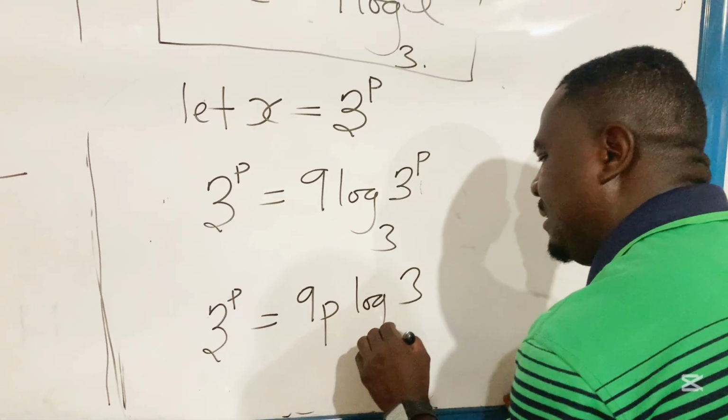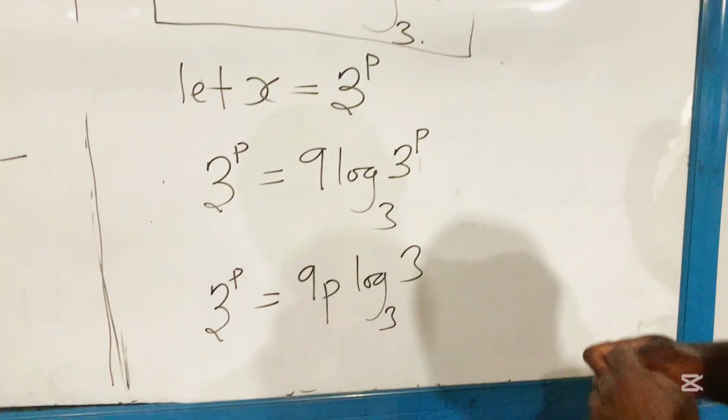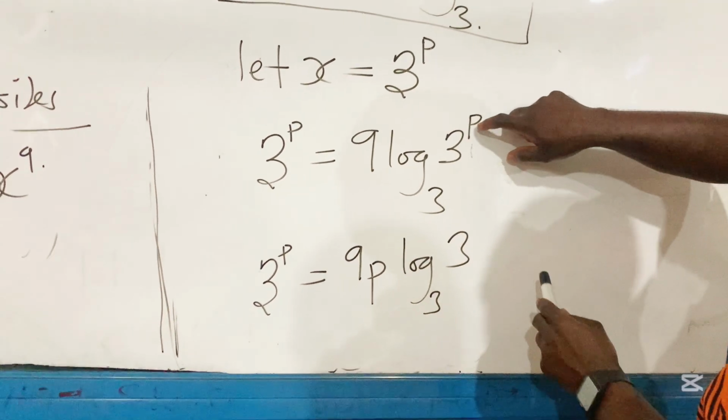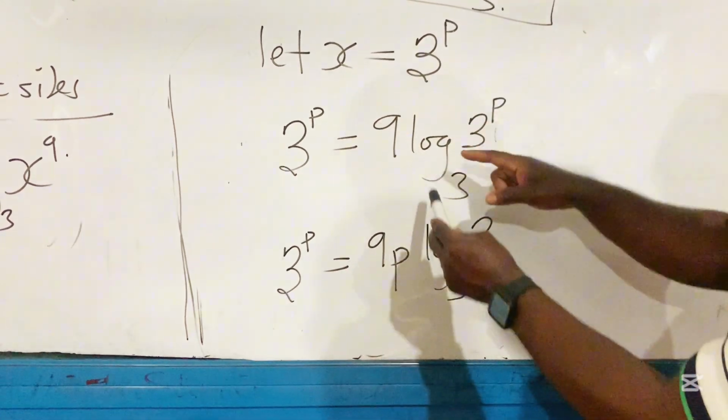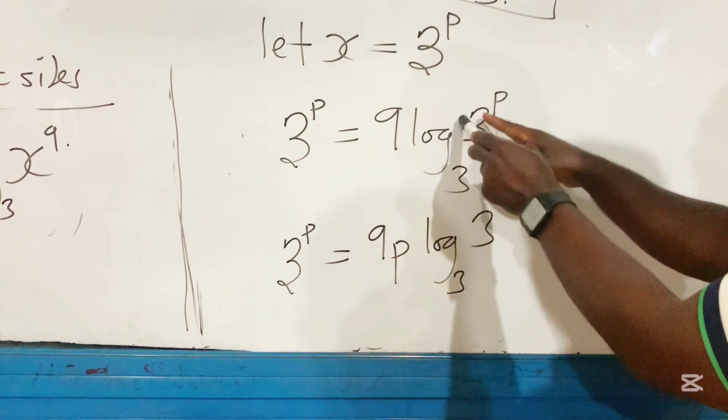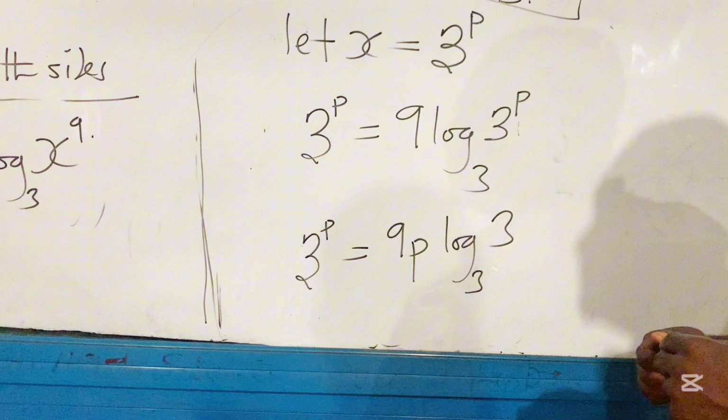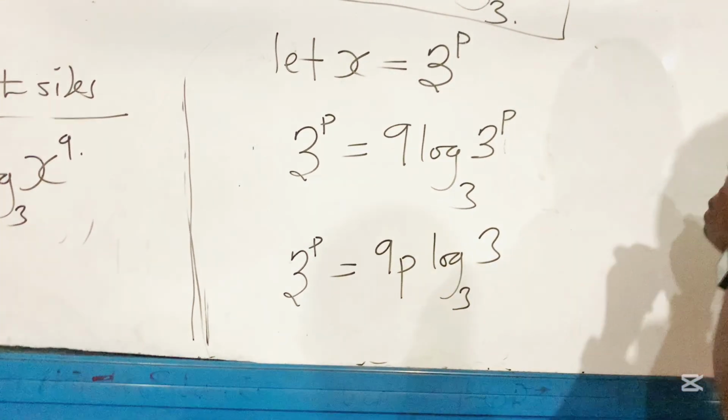Log 3 base 3. Why? Because I've moved this power to the 9. That is why we are getting 9p. So it is left with what? Log 3 base 3. So from this, we can see that